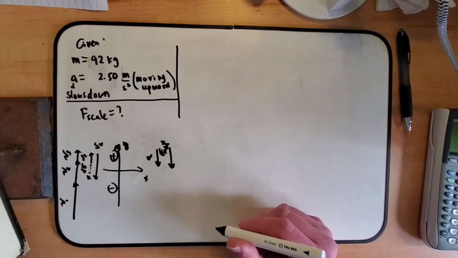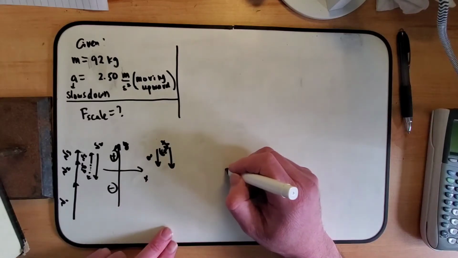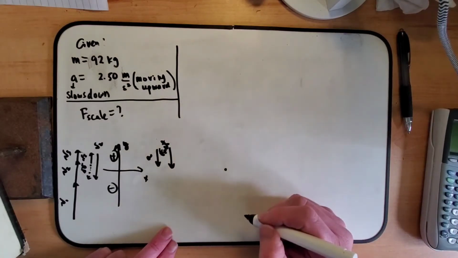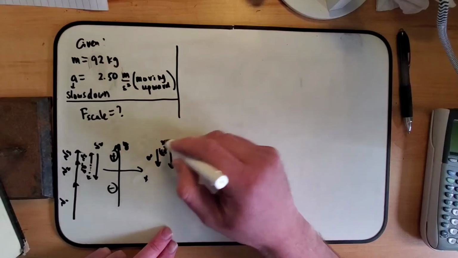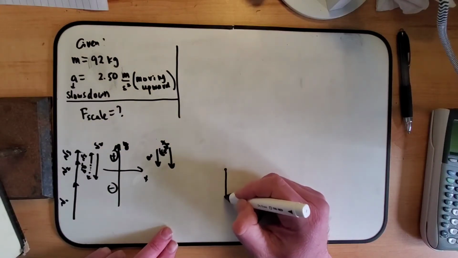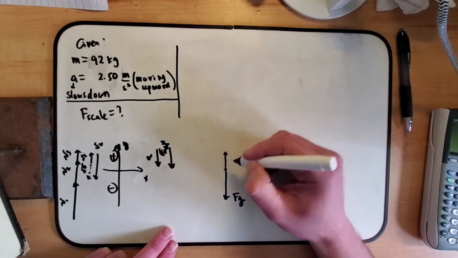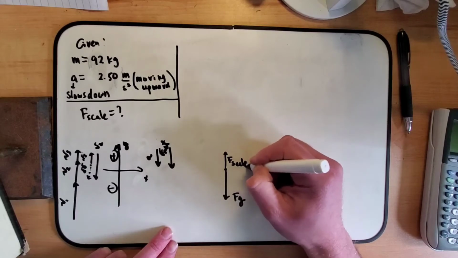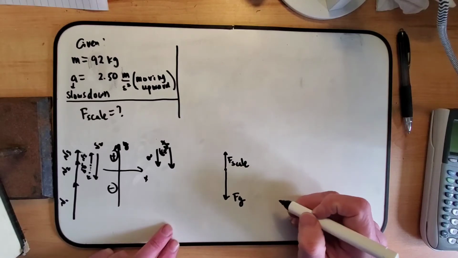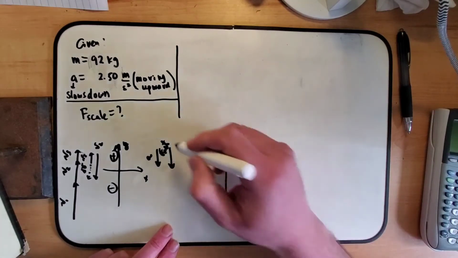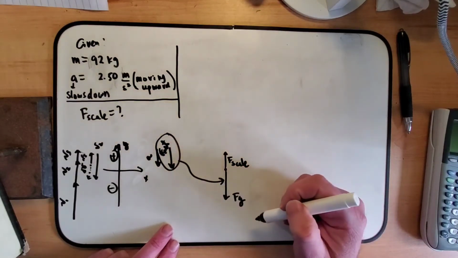Okay, so how do I set up this moving diagram here? I'm going to make you a dot, or make me a dot. Who cares who it is? And I know that the force net now is pointing downwards. So now this vector, F sub g, is bigger, and the F of the scale is a smaller vector. Okay, so this is a smaller vector now. And how do I find my F net? And again, why is this bigger? Because look where the F net is pointing. It is part now of this F sub g.